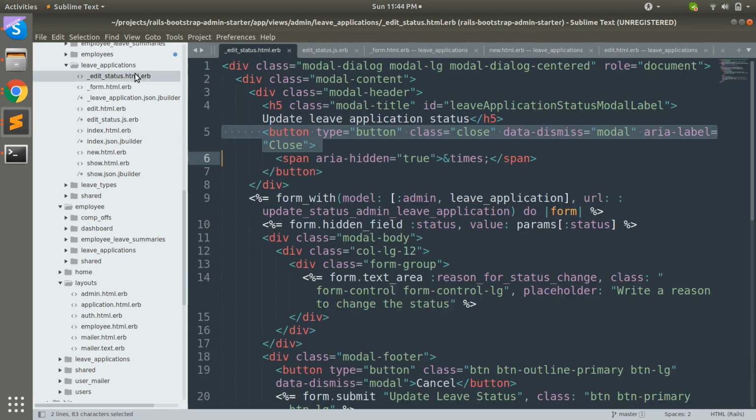And this is the partial which I am trying to render. So you can render a partial both when your request is submitted as HTML and when your request is submitted as JS. There are different types of request, and depending upon your request you can render different kinds of partials. Okay, now the main question is how we can pass local variables to the partials. Let's try to understand that.